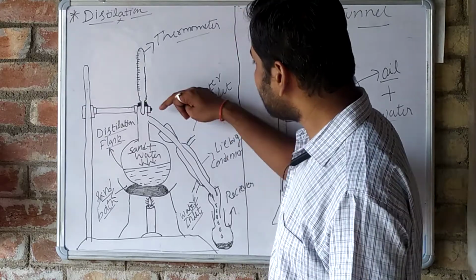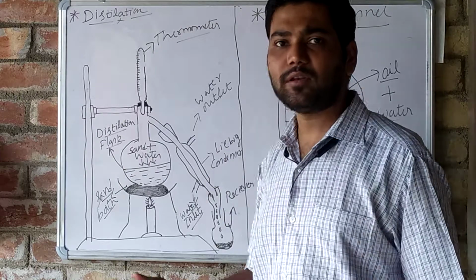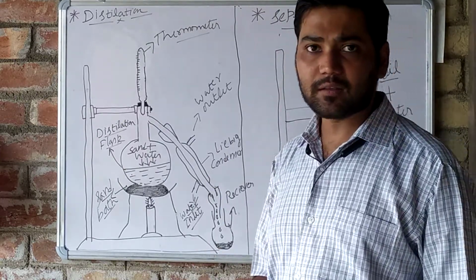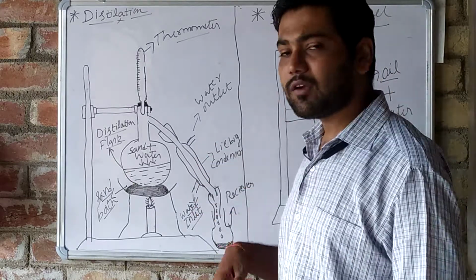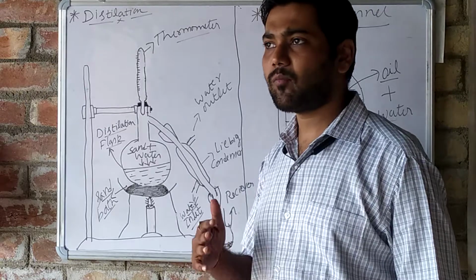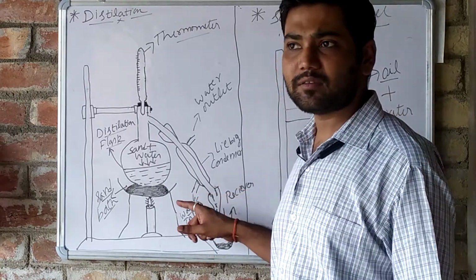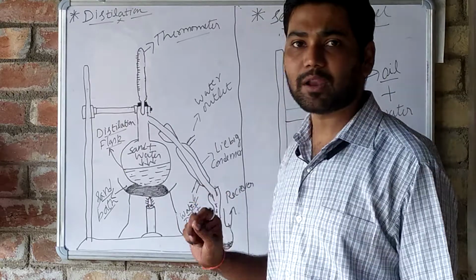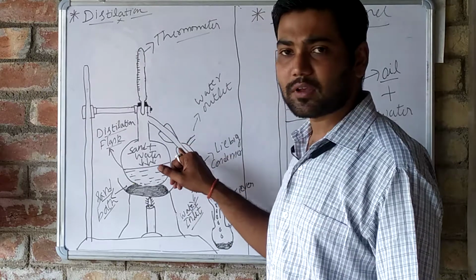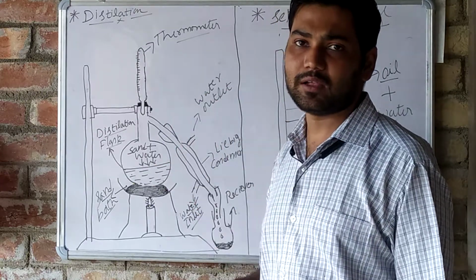So here we will have one more tube passing through the Liebig condenser. What is a Liebig condenser? A Liebig condenser is another type of condenser in which we will have running water, from one end to the other end. See here is a water inlet. Inlet means here we can attach a pipe from a tap. Through the pipe, water will flow through this whole condenser, and from the water outlet the water will go out.